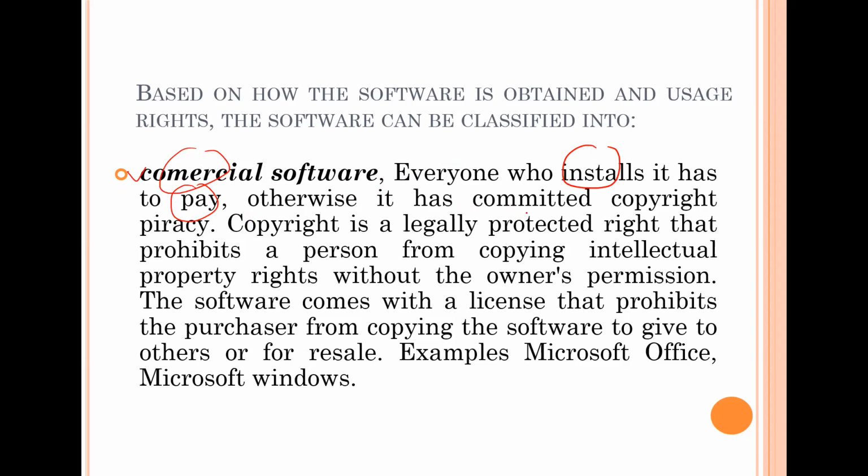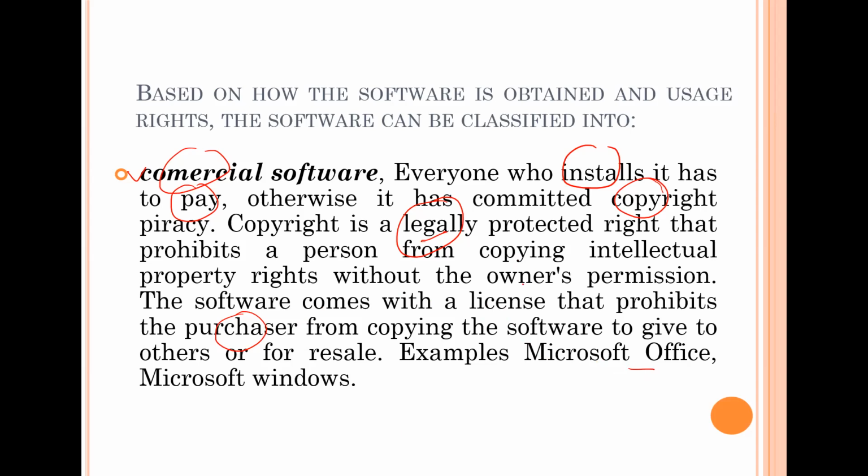You have to pay for the copyright to use it legally. It's different from the illegal one. Because we are from academia, it's better for you guys to use legal software. You have to purchase the license, and then you can use the software after you get the license.